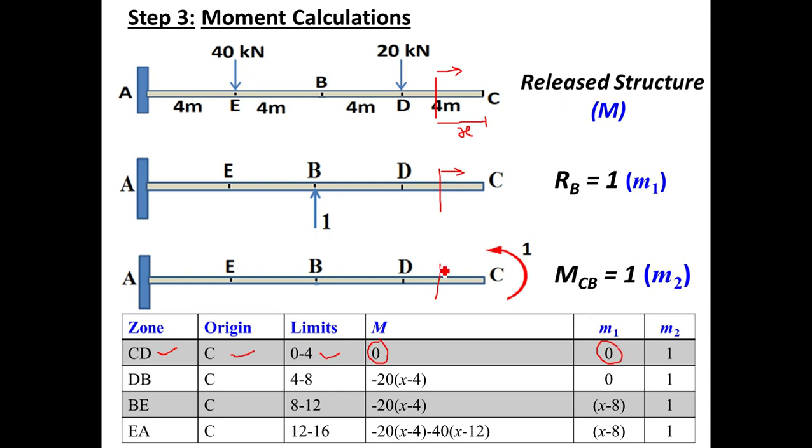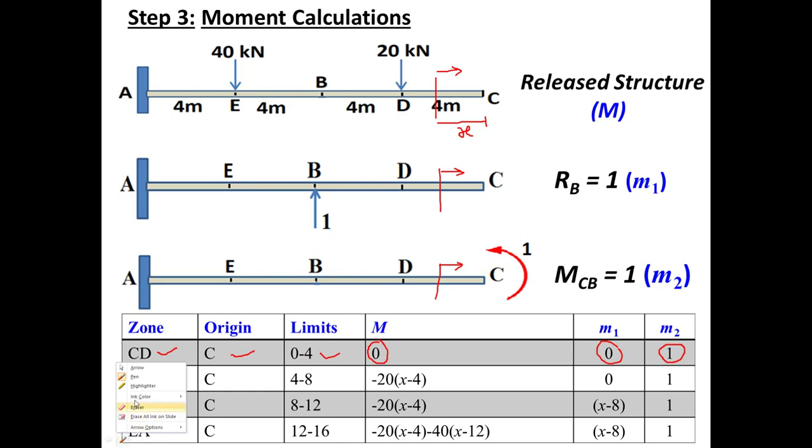Now if you look at the right portion in the third figure, there is a moment. The magnitude of this moment is 1 kilonewton meter. Anti-clockwise sense represents positive. So on the right part of this section there is only one force, and that is a moment. The magnitude is 1 kilonewton meter, anti-clockwise, positive. So these are the values of moments in all three figures in the first zone.